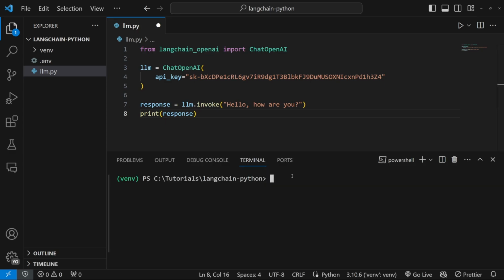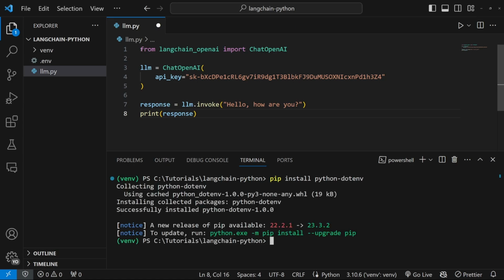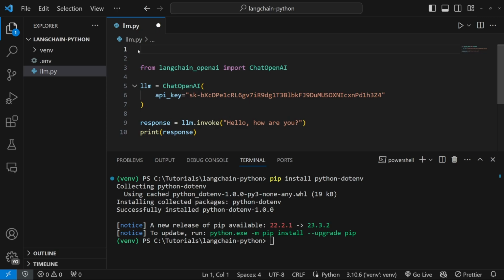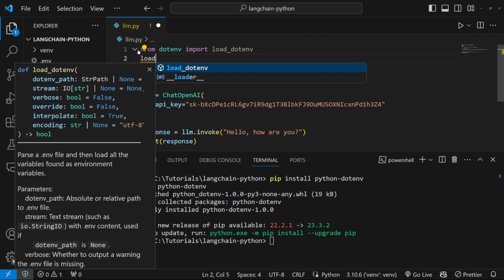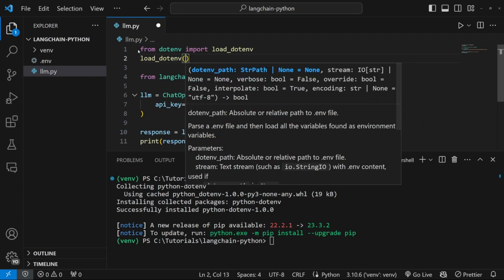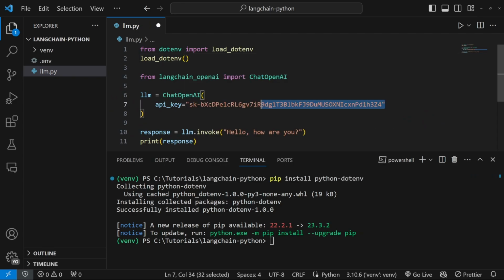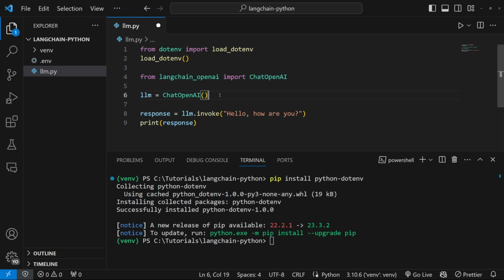So in the terminal, type pip install python-dotenv. Now, in our code, above these LangChain imports, let's type from dotenv import load_dotenv, and just below this, let's execute load_dotenv. We can actually remove this line completely, since the ChatOpenAI class will automatically look for an environment variable called